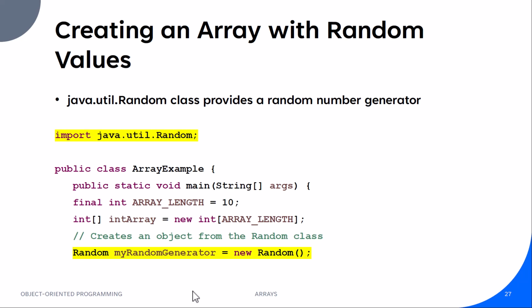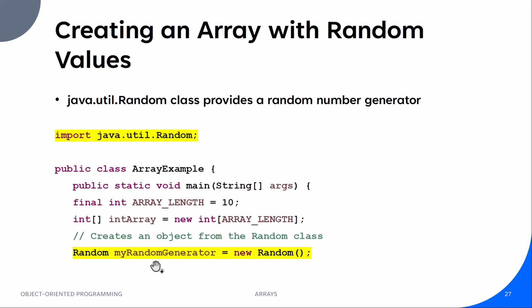Now let's see an example of creating an array with random values. The Java Standard Edition comes with various useful packages, and java.util is one of the core packages in the Standard Edition, and java.util.Random provides us with a random number generator. Of course, first we have to import this class, and then we are going to create our array, and then